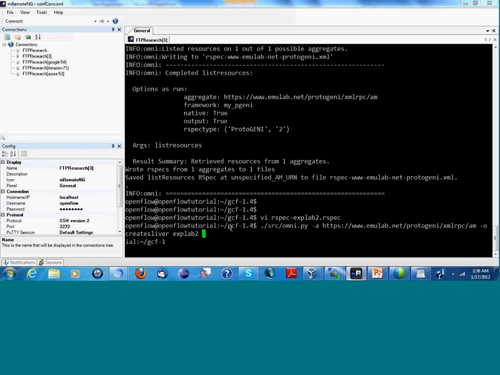We have the slice name Lab2 followed by the aspect file name. File name is